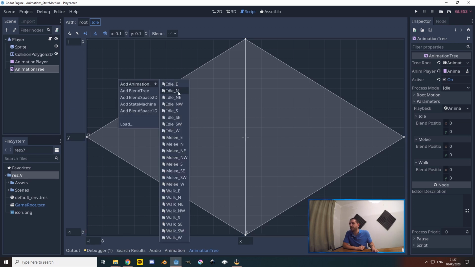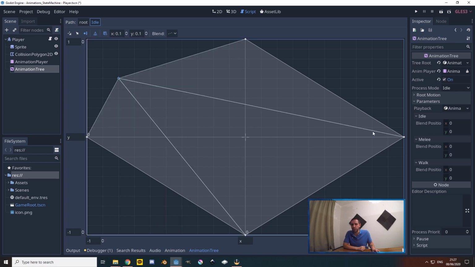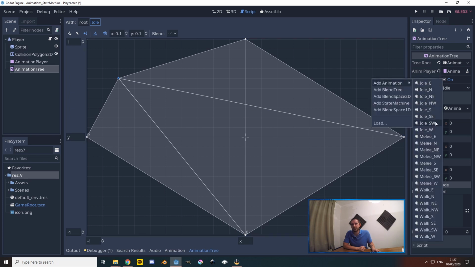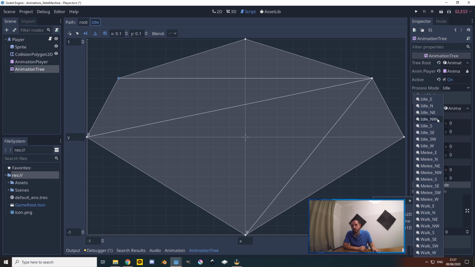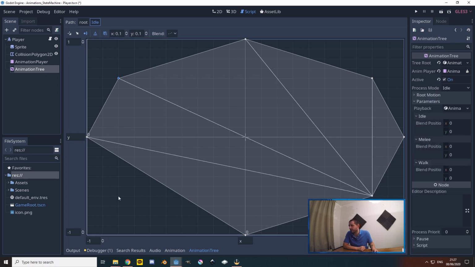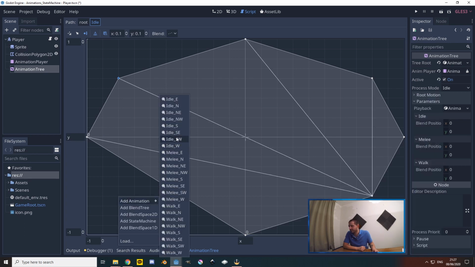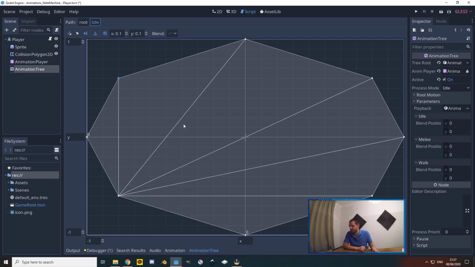Here we're gonna add our animation south, don't forget that y is inverted in the blend space, so it's gonna be southwest. We'll do exactly the same right here. We got 8, 6, add animation southeast. And here we have idle northeast, and then wherever those points intersect, idle northwest.